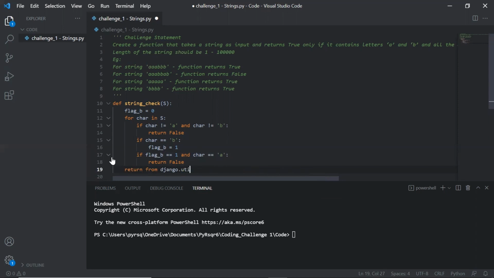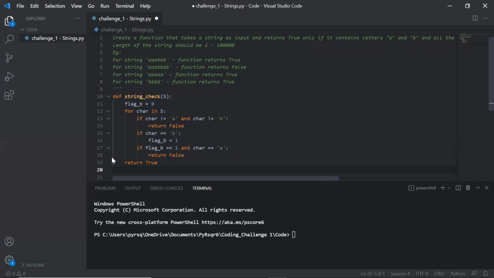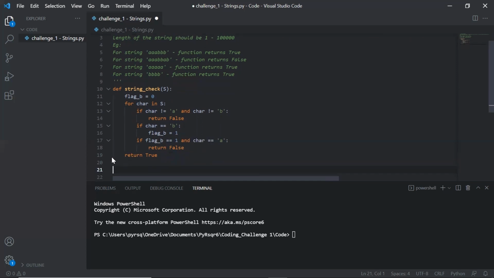Oops, return true. All right, so this is a simple method. Now let's see whether we have done it right or not. Now I'm going to save this and I'm going to use a print statement so that we can see